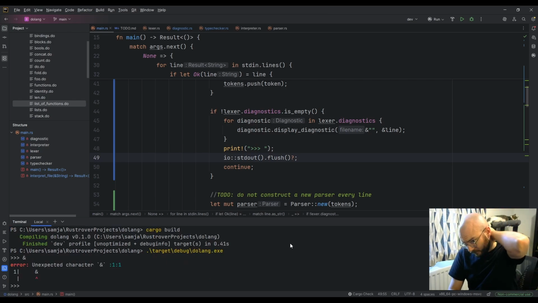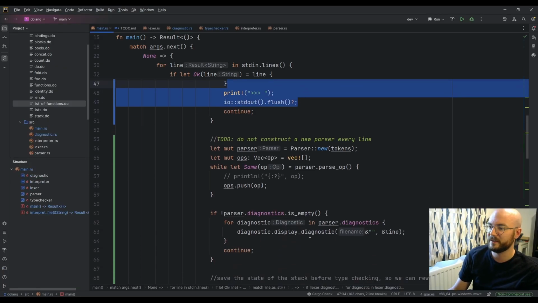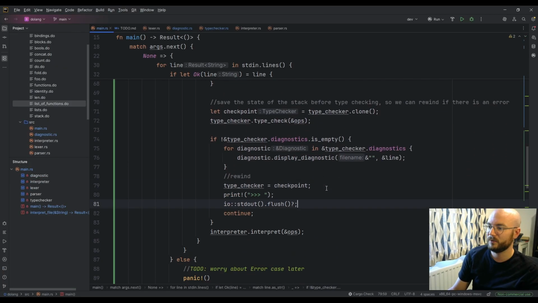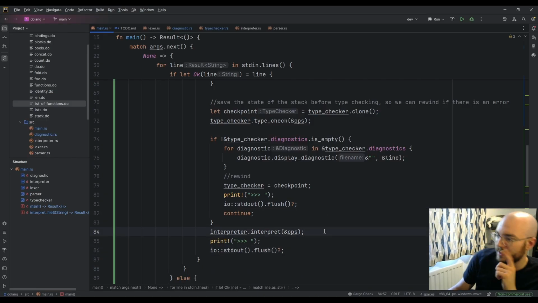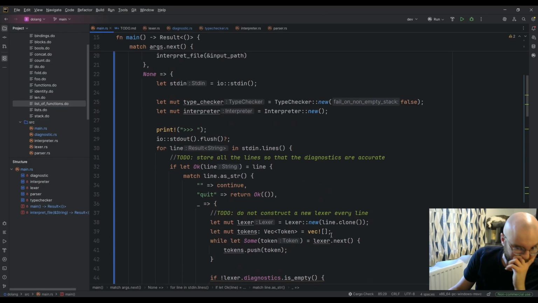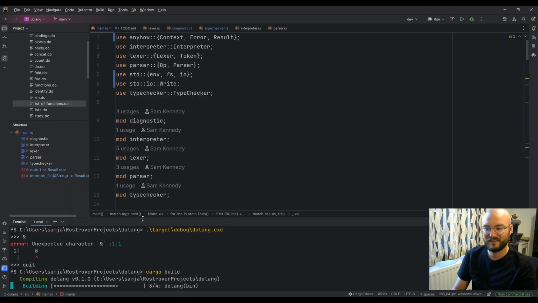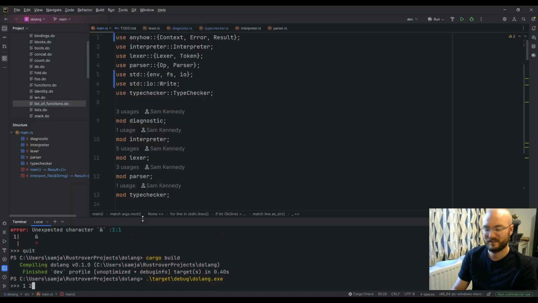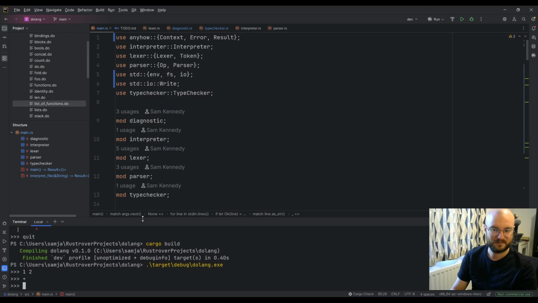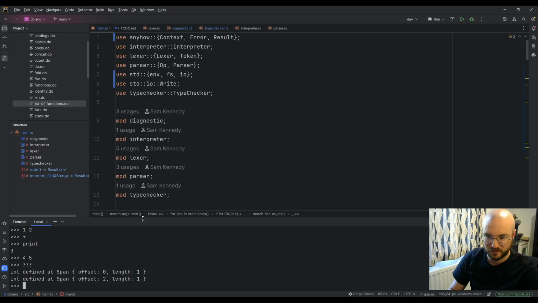Okay, that works, but that doesn't feel correct, to have to do this on every continue and at the end when everything was okay. But that does work. I wonder, actually, if I do 4, 5 and then I do the question mark.